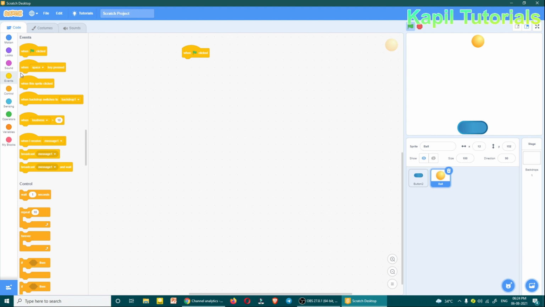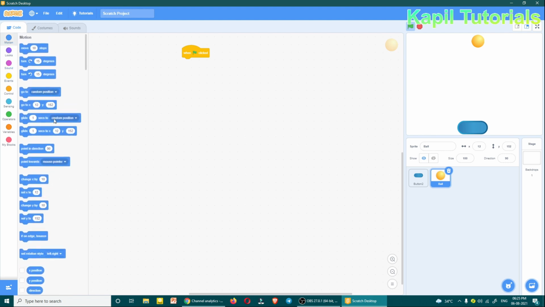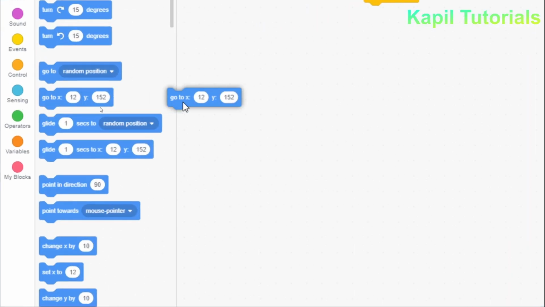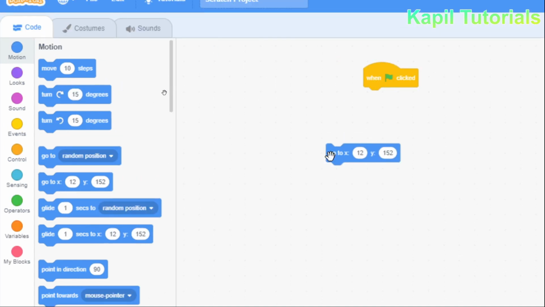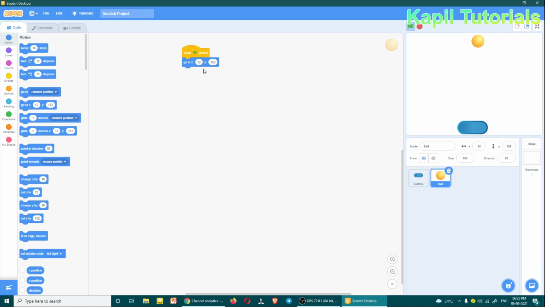So I'll go to motion again, and then here is the command. Go to X, as I have done with the button. So this will move the ball always to the top when we start the game. The same thing we have done with the button.